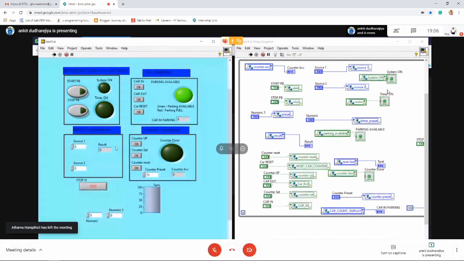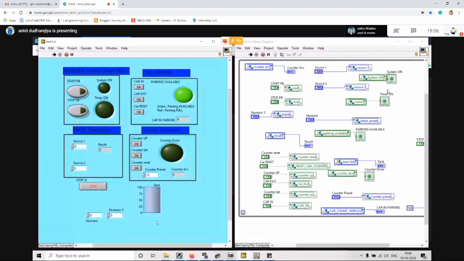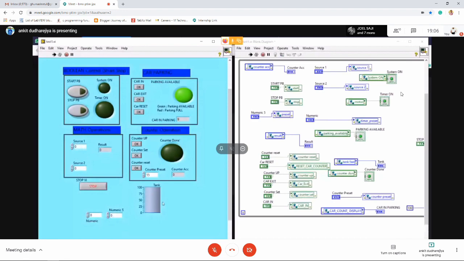Another simple logic I have made: suppose we want to fill a tank. If we are getting any input from the sensor into the PLC, you can consider that a control valve will be on, so our tank is going to be filled. I will vary the input, or you can say I will give the control valve position. Accordingly, our tank is going to be filled in real time.